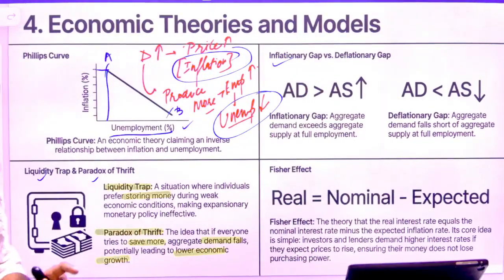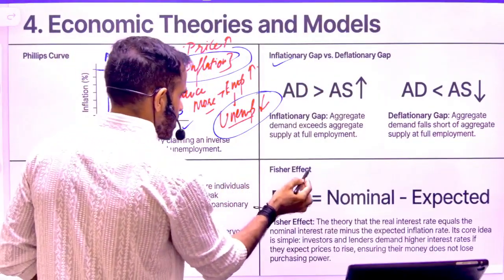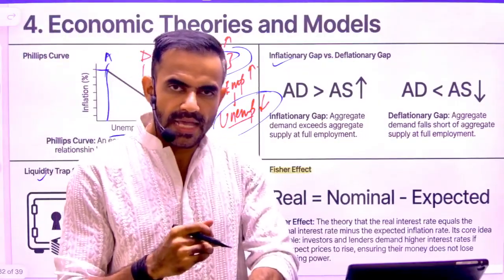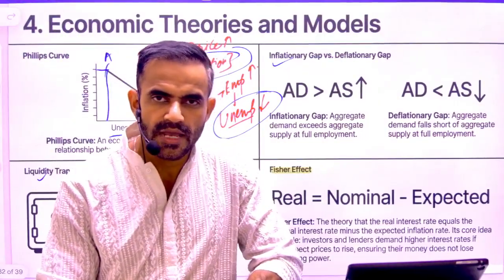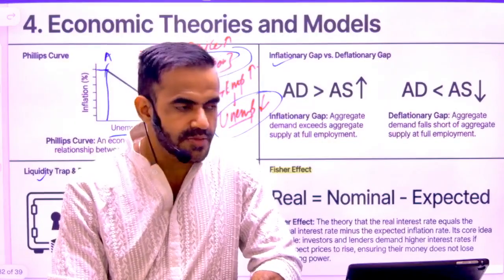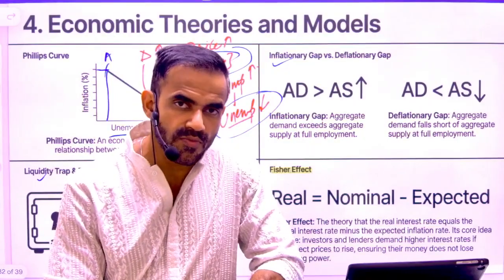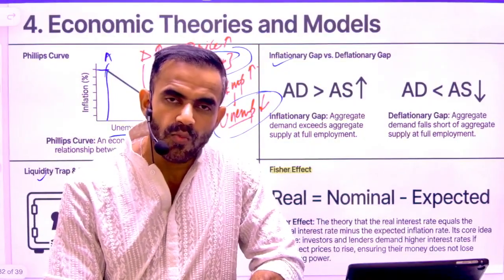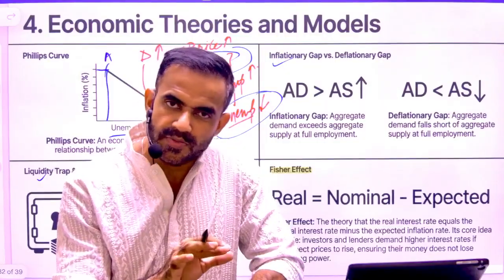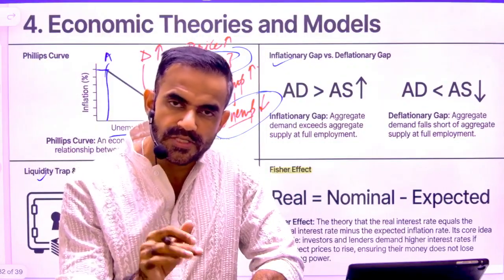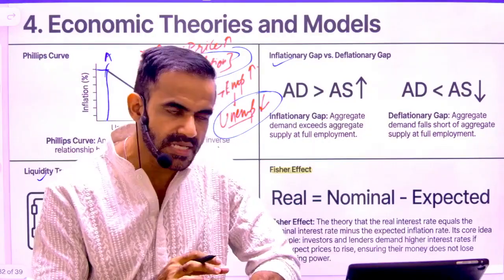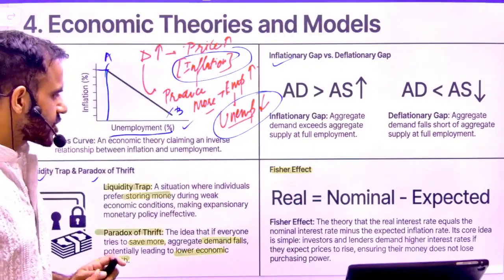Now coming to this Fisher effect. What is this Fisher effect? Understand it this way. I am giving my money to someone and I am charging an interest of 6%. But if the rate of inflation is 4%, technically what will be the effective interest rate? My interest rate was 6%, inflation rate was 4%, so the effective interest rate will be 2% only. This is basically referred to as the Fisher effect.